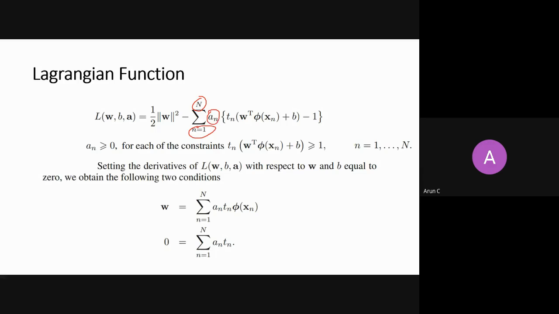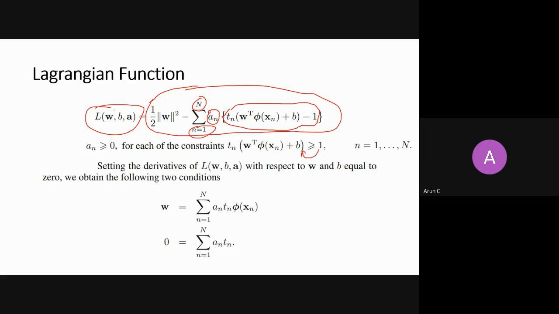For all Lagrangian multipliers, you know this g(x) is greater than or equal to 0, right? Because you brought this negative 1 to this side. And this is your new objective function, right? You know the trick of how to convert into duality. To convert this Lagrangian into a dual function, you need to replace the primal variables, which are w and b here, and convert your Lagrangian L in terms of a only, right?